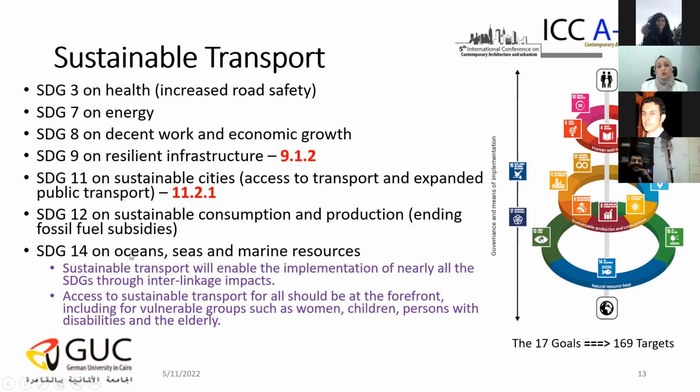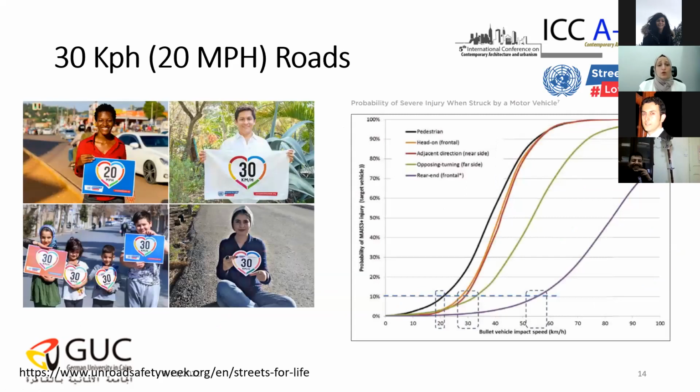Including marine transportation, we will find part related to oceans and seas, and per the implementation of this framework through the SDGs, we'll find that the main goal is the human being and the well-being of the human being. After that, we will have a sustainable and more production and consumption, and then we will know how to save our natural resources. One of the most important items is safety, and they found that if we,